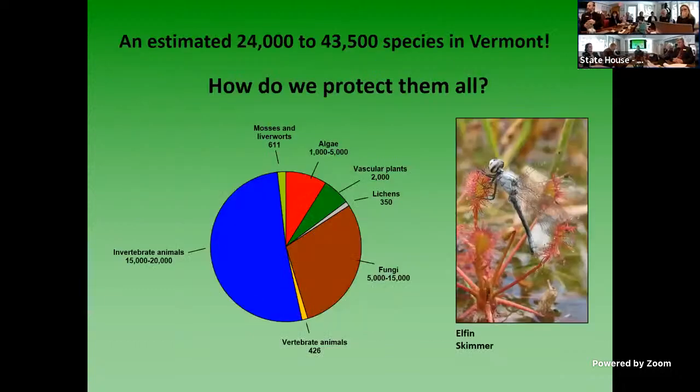The mission is the conservation of our fish, wildlife, plants, and their habitats for the people of Vermont. And as I believe you've heard, maybe even seen this exact slide before already, that is an enormous number of species, something like 24,000 to 43,000 different species that are estimated to be here in Vermont. Most of them species that